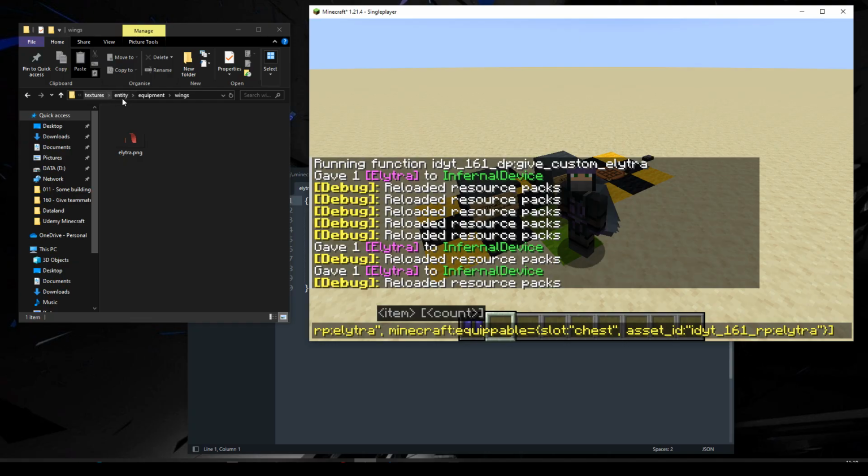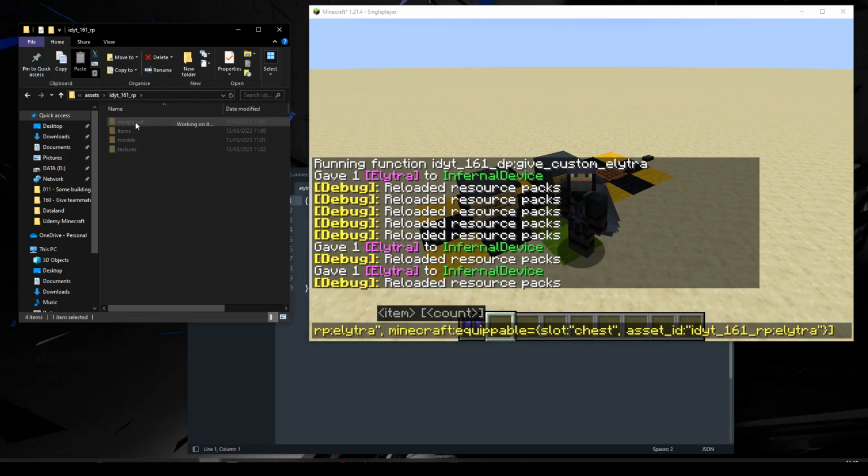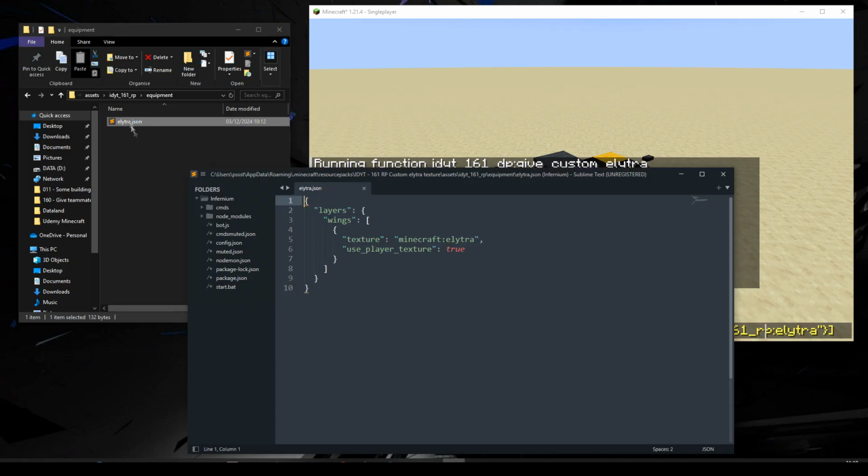Let's go back to our directory and let's look in equipment. Let's look at our elytra JSON. Uh-oh, we didn't change the namespace. It's still using the Minecraft namespace. Okay. IDYT161 RP elytra. Now that texture